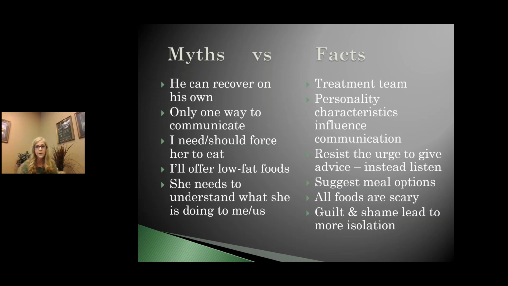And that's what the caregivers really need to know more than anything, how they can communicate in such an assertive way, so that they're not inviting guilt and shame into that room of conversation. Again, guilt and shame is what will keep a person to isolate and to turn back to their eating disorder, because they feel like it's too big of a mountain to climb and I can't get there, as opposed to, I need to learn where my power is. I need to use my power. And the more I reconnect to myself and redefine my identity, the more likely I am going to be able to kick this eating disorder to the curb.